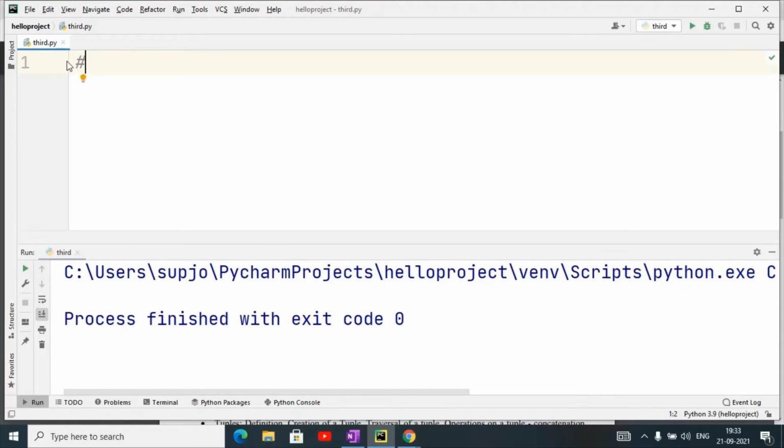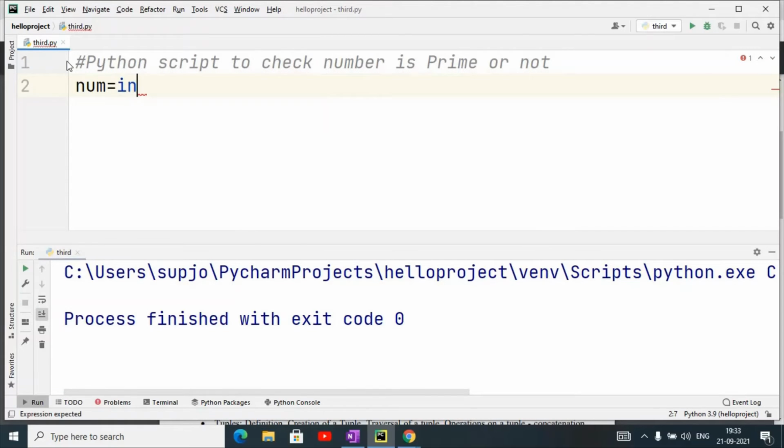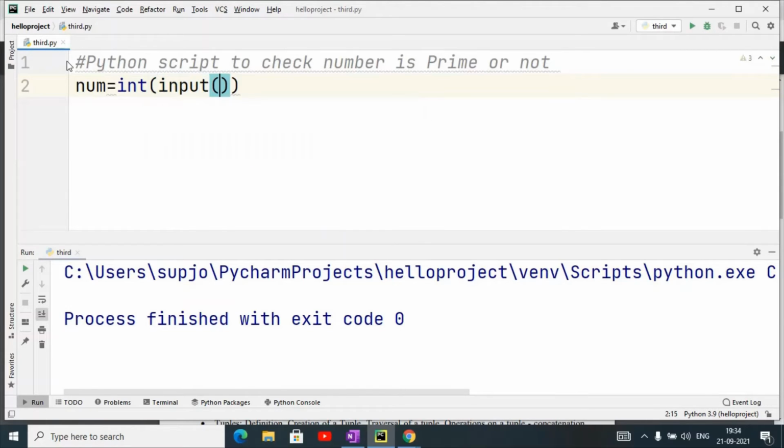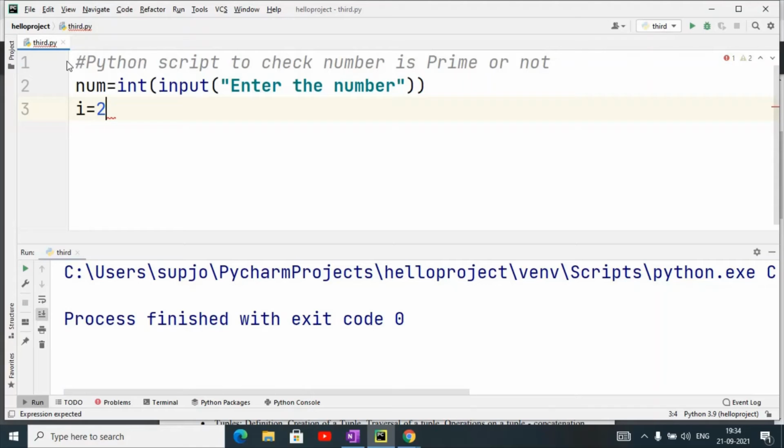Python script to check whether a number is prime or not. First of all, you have to enter the number. Suppose you have entered it using input, enter the number. Once you have entered the value of the number, you will take a variable that starts from 2.